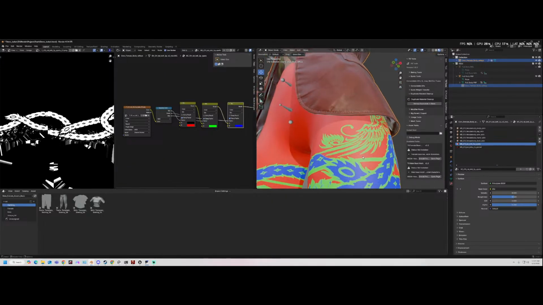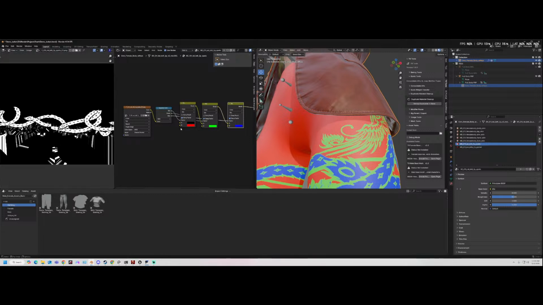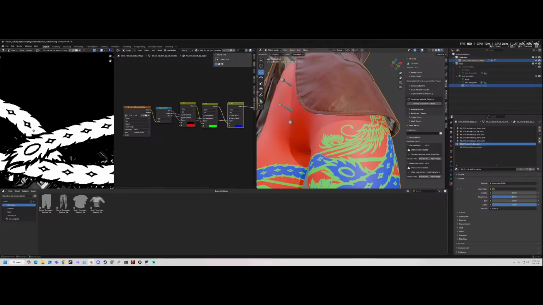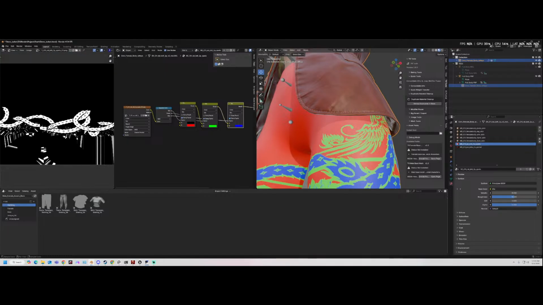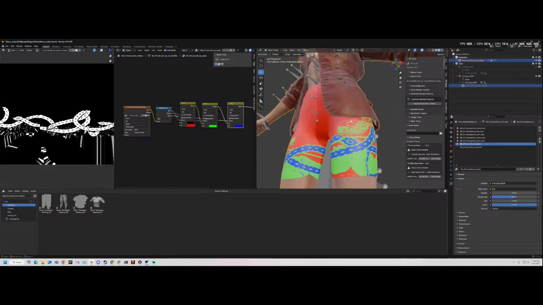So one of the benefits of using layering instead of trying to cut out certain areas, like do I want to cut out the green and the blue from the red, is that you get a cleaner result doing it this way versus potentially having weird pixelation because the details are kind of crazy. So there are benefits to using layering, and mainly your biggest benefit is when your UVs are